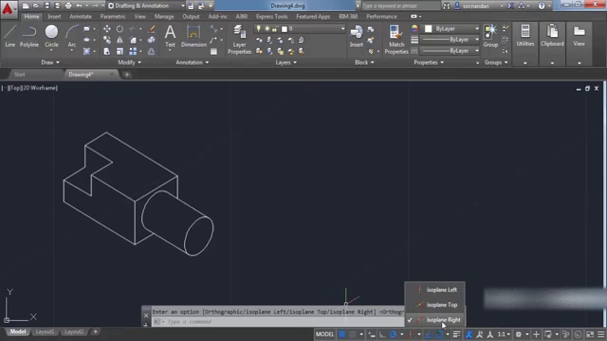So we have isoplane right, which is right now turned on, indicated by this check mark. Click on isoplane top and you'll see that this isoplane now changes. Similarly, you can click on isoplane left and it will shift to the left of your screen as if we are changing the plane in 3D. Now to start making this drawing, let's select this isoplane top